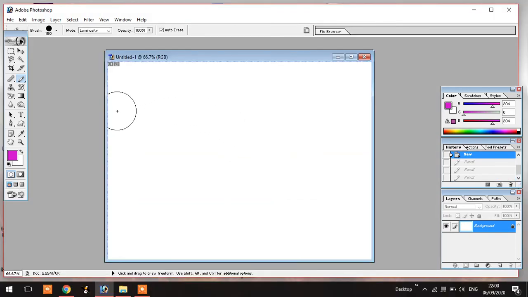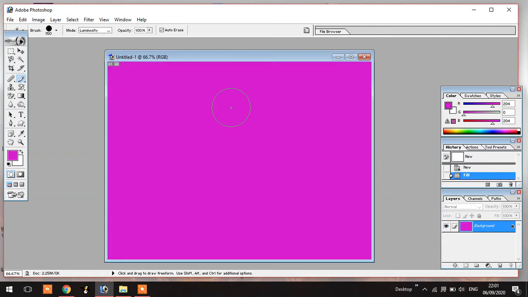If you want to fill your layer with foreground color, you have to press either Alt plus backspace or Alt plus delete key. When you press Alt plus backspace key, it fills your layer with the foreground color.